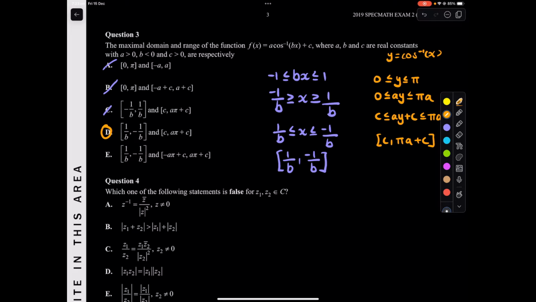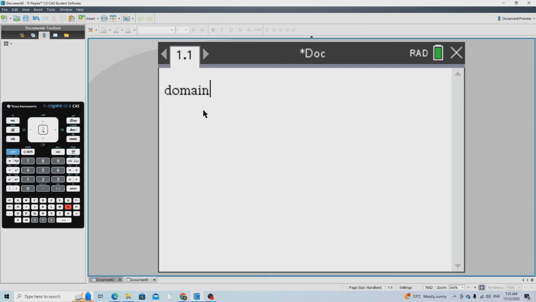Normally, I'm just trying to show you guys how to do it, let's say it's an exam one. I want to make sure you guys understand. If you get some questions like this, a lot of students might not know the basics of how to do the domain. So I want to make sure to do it by hand first, and let's do it by CAS. So what we want is to first find the domain, which is going to write domain